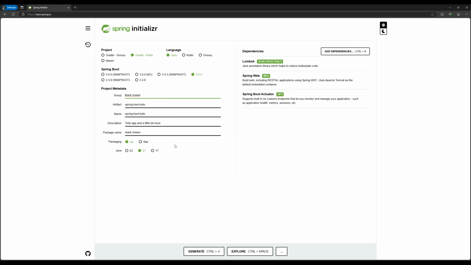And we'll also use Spring Boot Actuator just to show you what happens when we run the application locally, or when we try to deploy it. How do we check whether the application is up and running? There are metrics available by default for us to see the health of the application or the different metrics around it. If I click on generate, the boilerplate will be created, and I'll just load it in IntelliJ